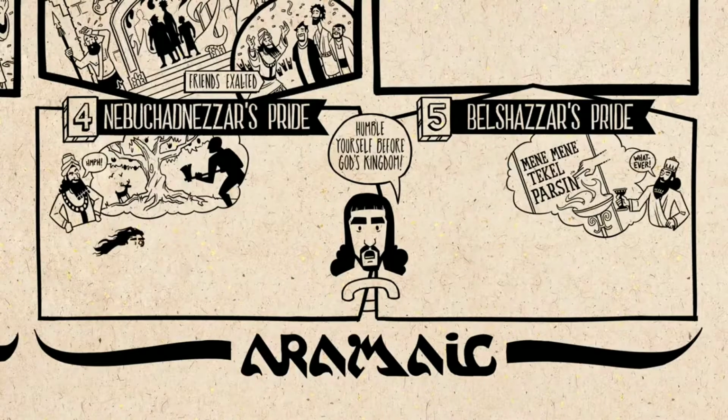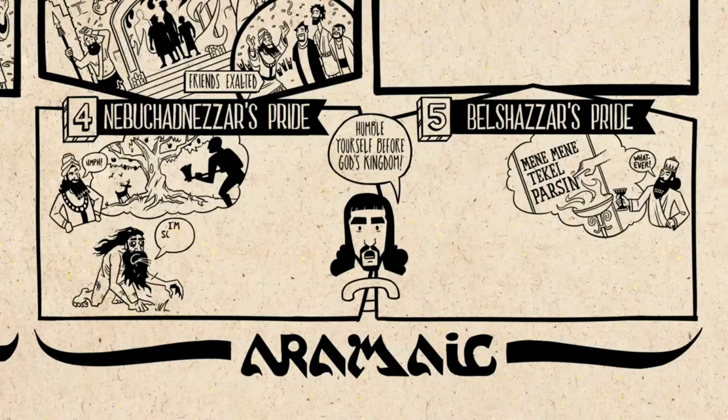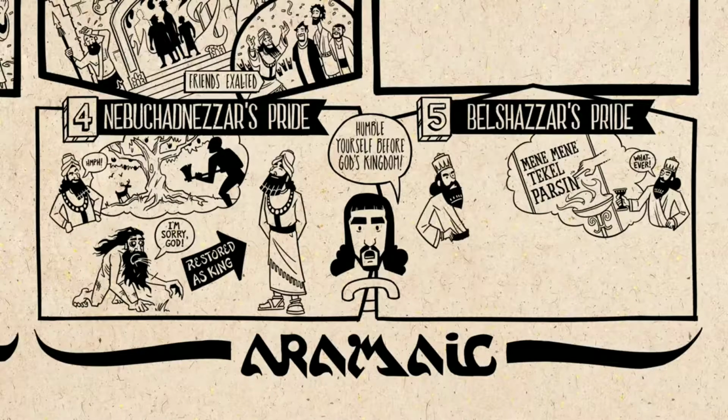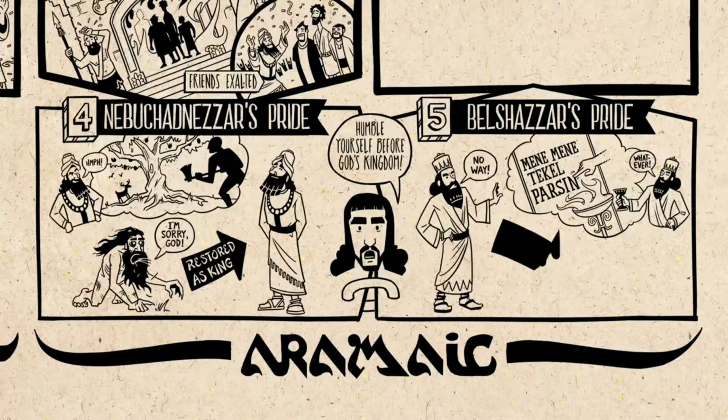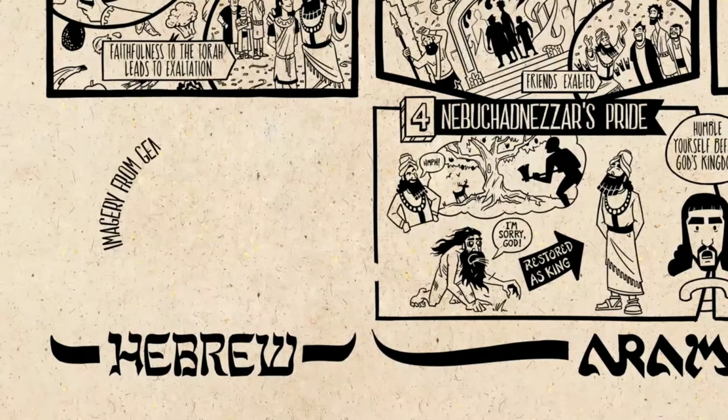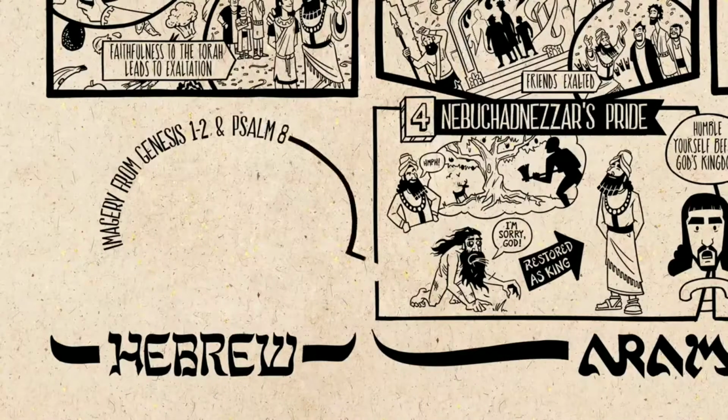So Nebuchadnezzar is stricken with madness. He becomes like a beast in the field. But then he humbles himself before God, and his humanity returns to him. He's restored as king. This is in contrast with his son, Belshazzar, who doesn't humble himself before God, and he's assassinated that very night. Now, these two stories draw this imagery from Genesis chapters 1 and 2 and Psalm 8,